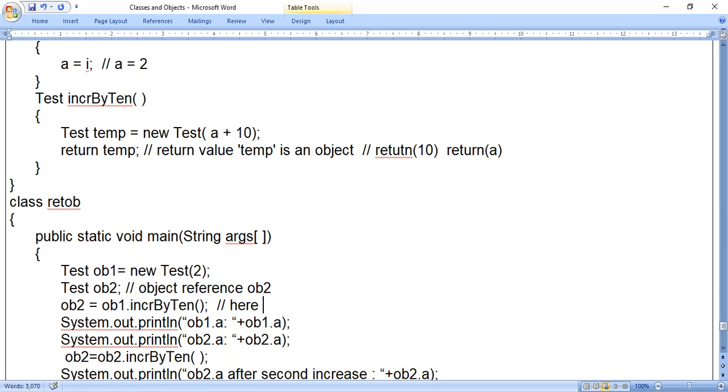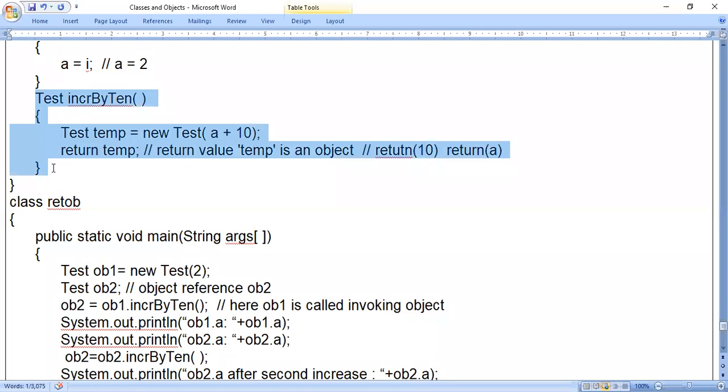Here ob1 is the invoking object. If you say ob1.incrementBy10, when this method is called, wherever you use the instance variable in this method, the value you have to consider is the value of the invoking object.